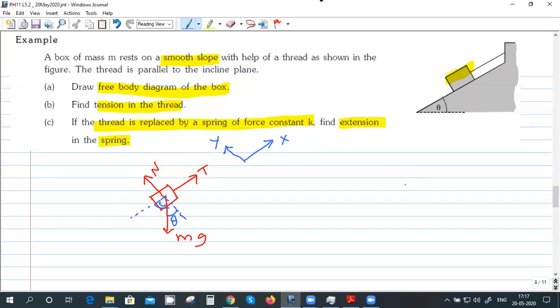Another important standard result is, for an inclined plane with angle theta, g sin theta is down the plane. So g sin theta is always down the plane. Normal reaction will come from g cos theta. So now you just have to write the equations. So this is normal. Yeah, that is the normal.